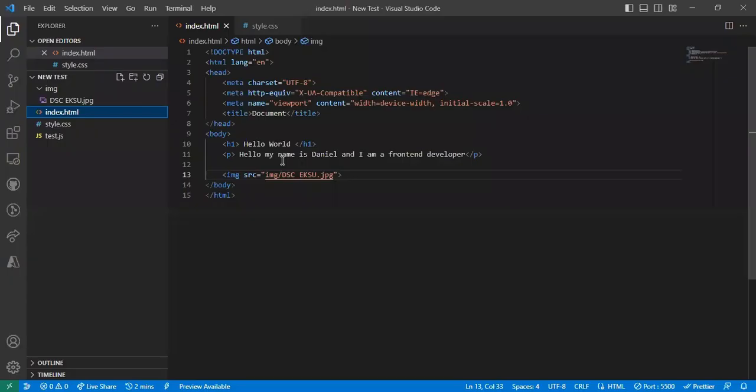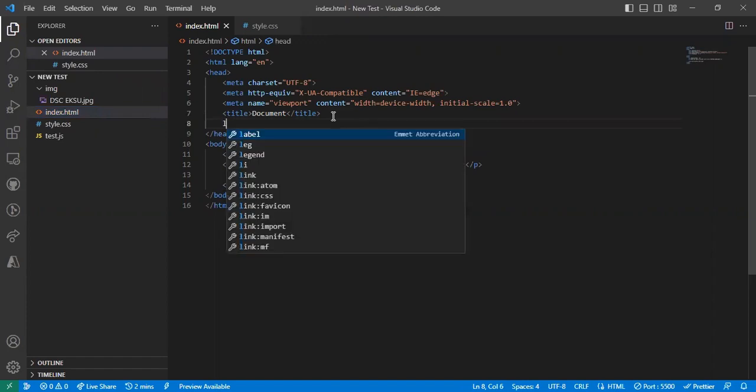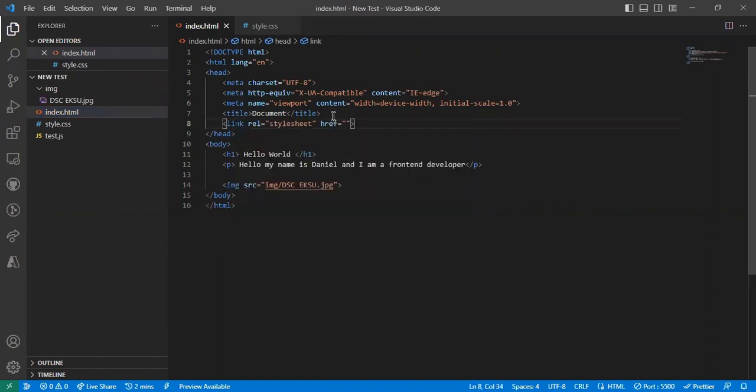Now, I just figured out my CSS has not been linked to my HTML. And if it is not linked, it will not show. So for me to link my CSS, I will just come here and do link rel stylesheet, right? And you can see that I'm just going to do style.css. Now, if I go back to my browser, which we're going to do now,